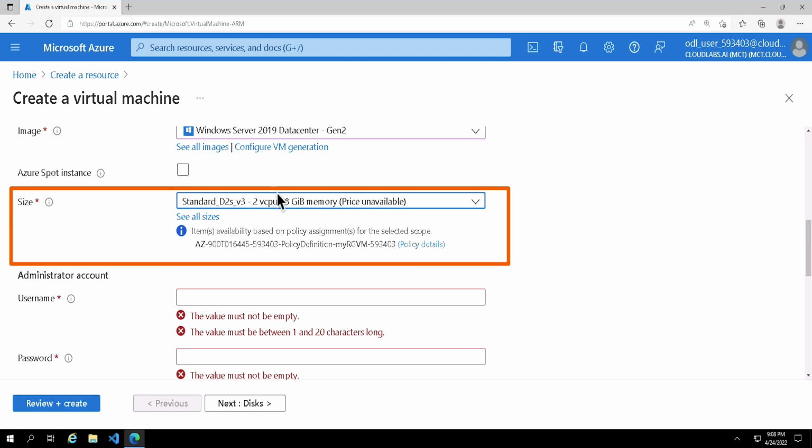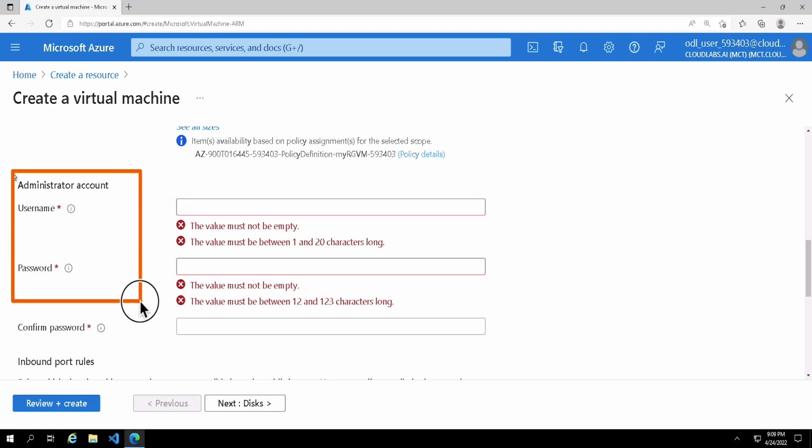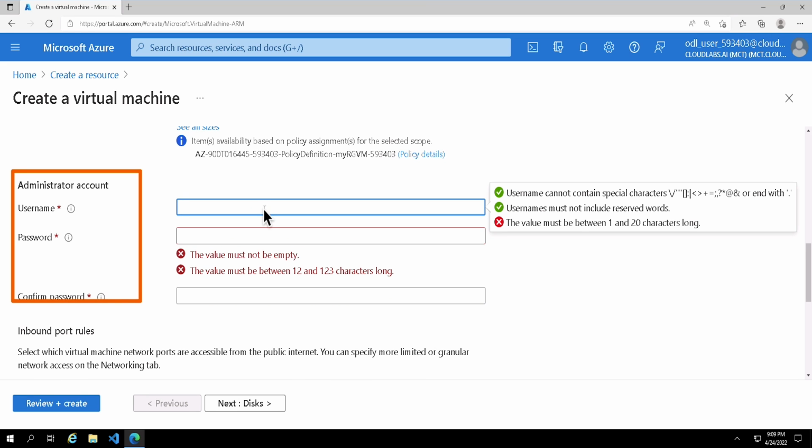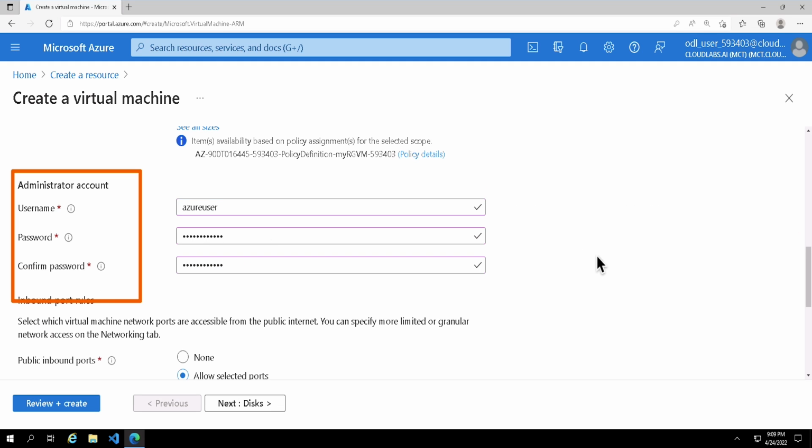This will give me 2 virtual CPUs and 8 gigabits of memory on this one single virtual machine. The next step is to provide the username and password for your virtual machine. So I'm going to first give the username for this standard virtual machine. The admin account, I'm going to give it as Azure user and I'm going to provide a password for this